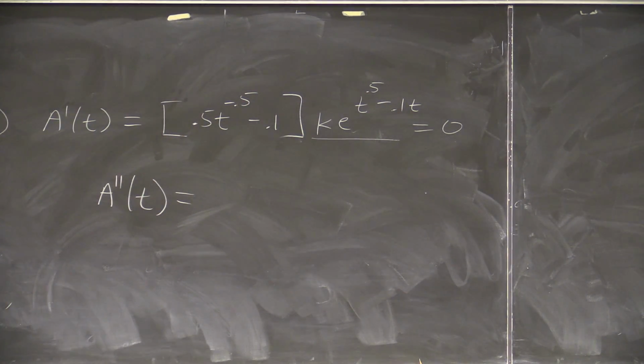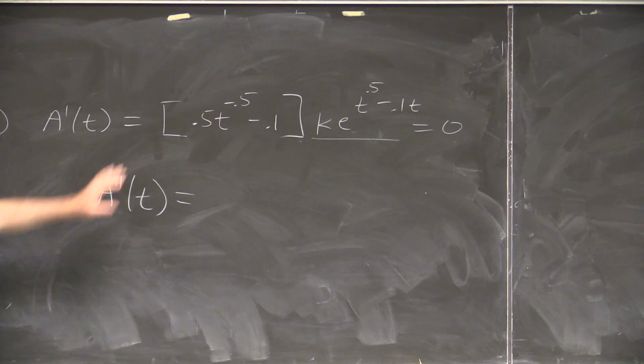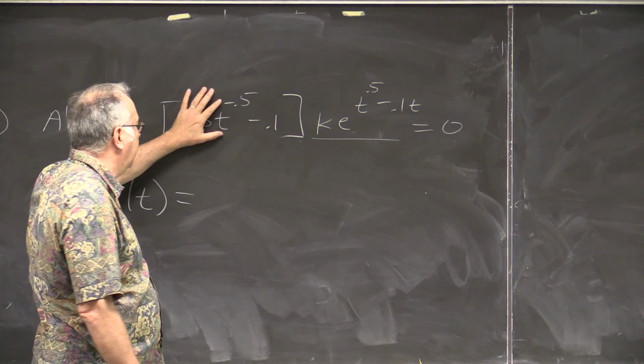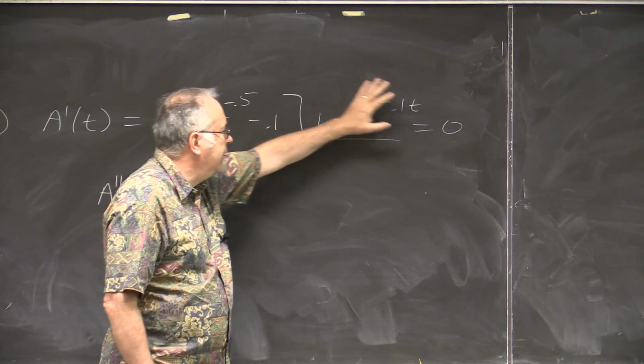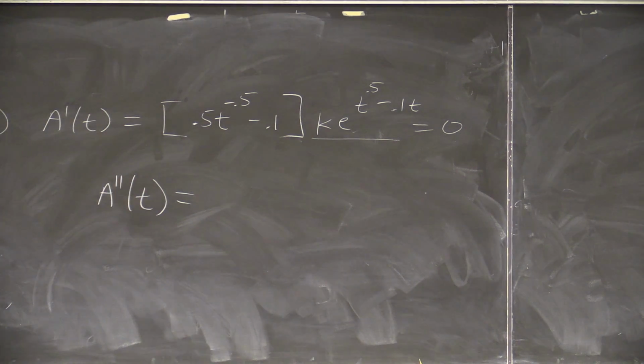So what rule are we going to have to use? Yeah, we're going to have to use the product rule. So let's use the product rule. Think of this term as being the first term, and this term being the second. So the product rule says take the derivative of the first term with respect to t. That's the term in brackets. And what is the derivative of the first term with respect to t? -0.25 t